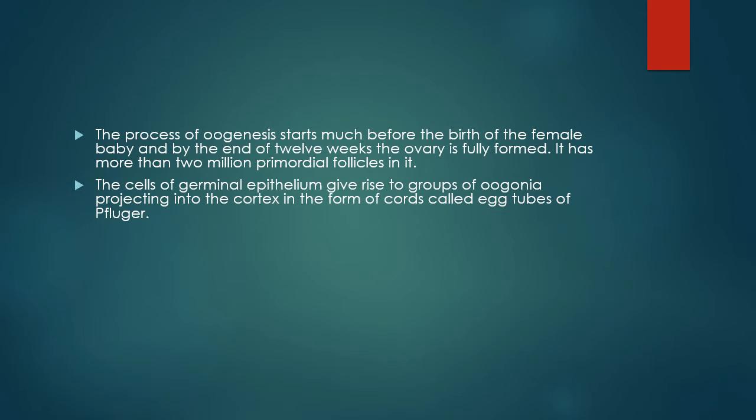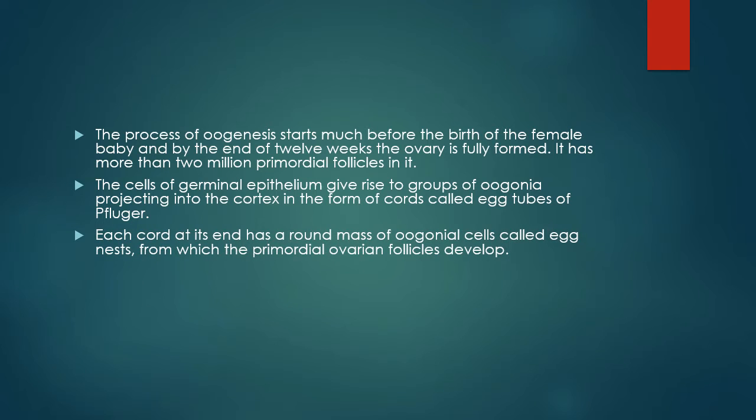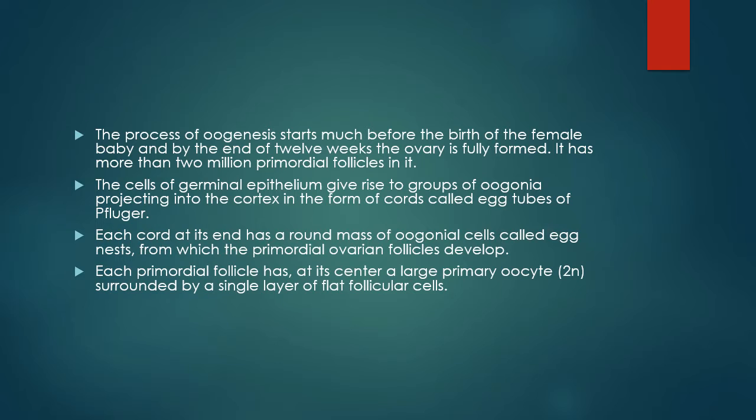The process of oogenesis starts much before the birth of the female baby, and by the end of 12 weeks the ovary is fully formed. It has more than 2 million primordial follicles in it. The cells of germinal epithelium give rise to groups of oogonia projecting into the cortex in the form of cords called egg tubes of Pflüger. Each cord at its end has a round mass of oogonial cells called egg nest from which the primordial